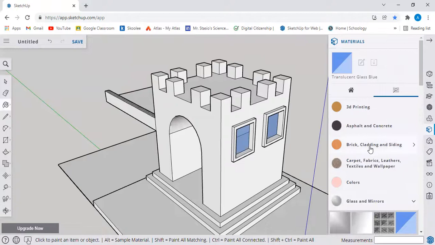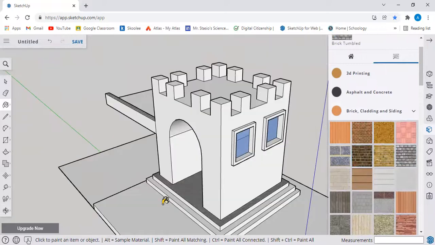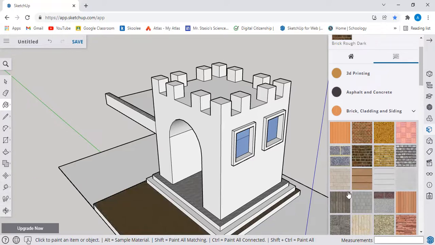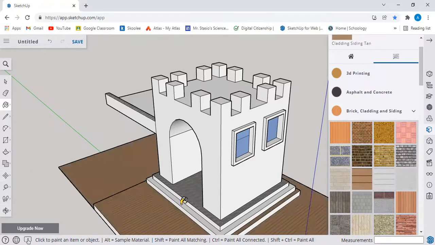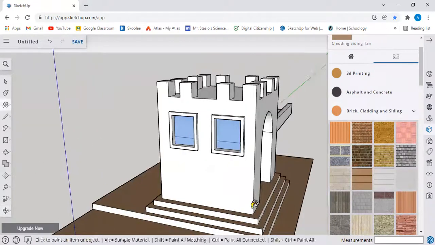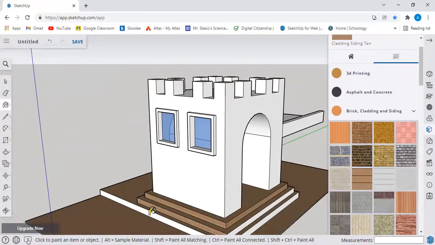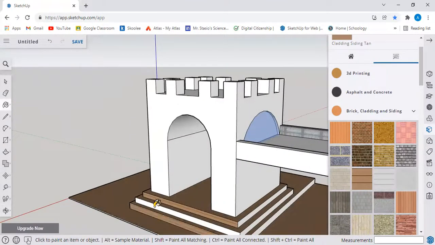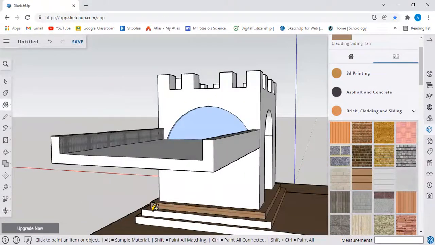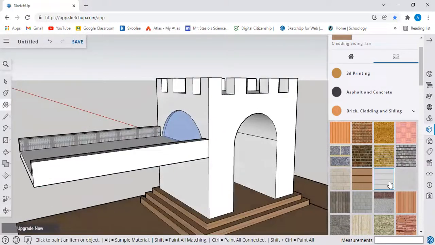And let's go to the bricks. I can have the floor different. I can zoom in, or let's take this one. You can see the texture more. So you will change the color based on what you prefer. Cover the whole thing. Okay, when we're done,